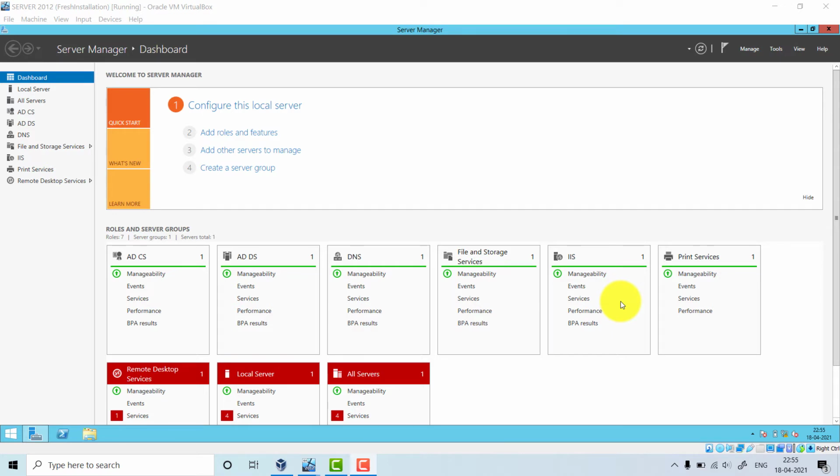What will happen if the DHCP server is not there, and what is the advantage if the DHCP server is there? We are going to see that. If the DHCP server is not there, then as a network administrator, you need to give the IP address, subnet mask, and all other network relevant parameters on each and every computer. Right now we just stick with the IP address. Start with the first computer, give the IP address to that computer. Then go to the second computer, give the IP address. Then go to the third computer, give the IP address. That means you need to manually give the IP address.